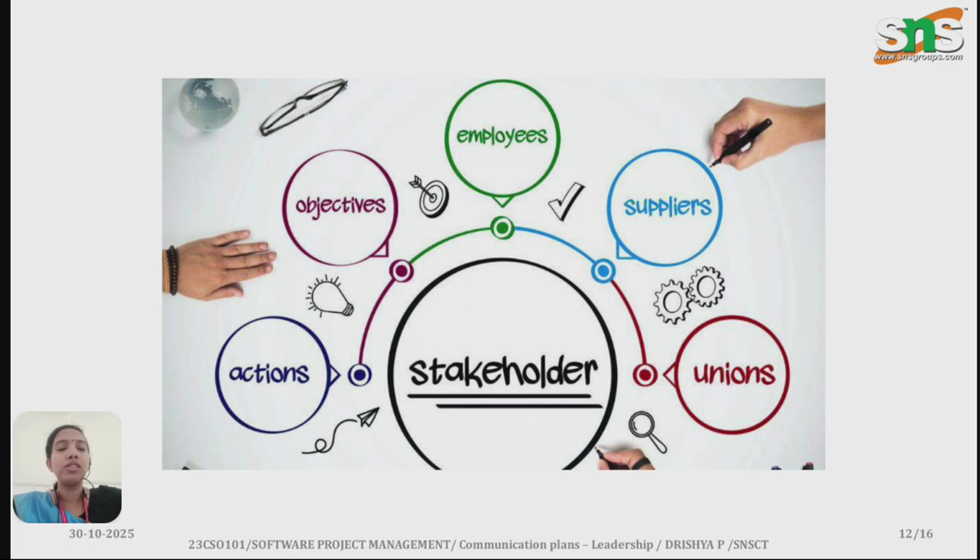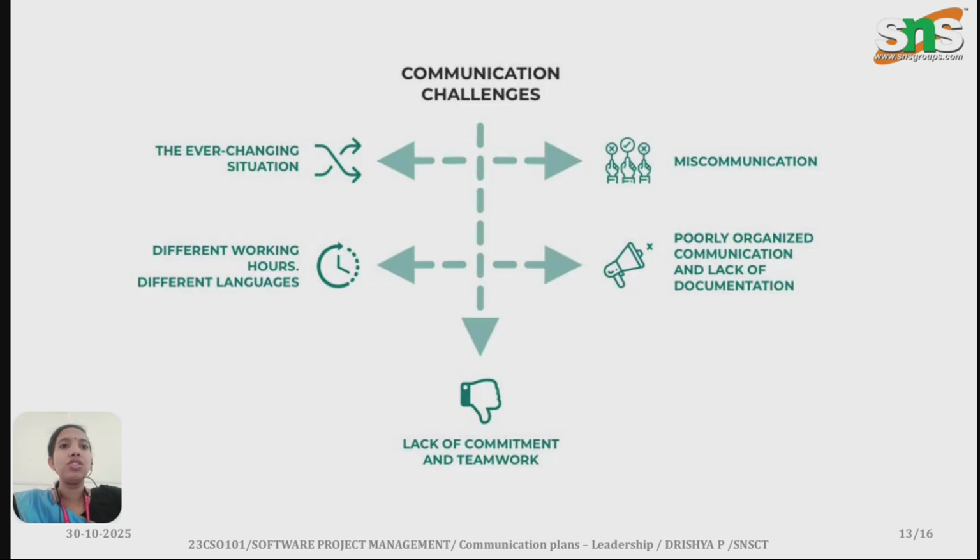Those are employees. A person who works for a project, for money, is known as an employee. Then suppliers: after the project we get a product or service, and then we supply it to the market through the suppliers. Then unions. So, communication challenges: the ever-changing situation, miscommunication, different working hours, different languages, poorly organized communication, and lack